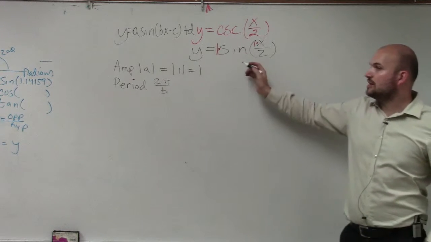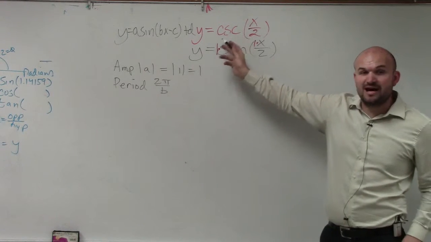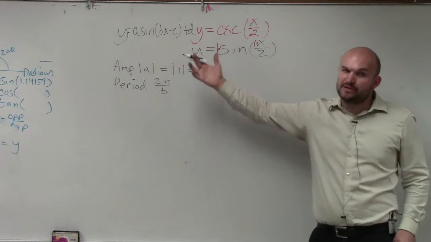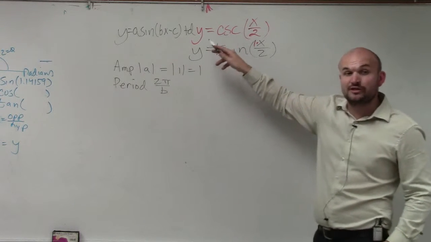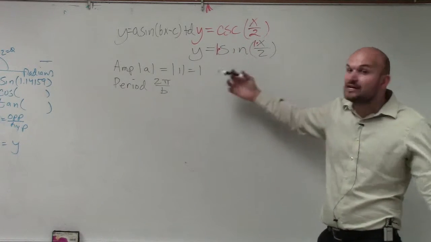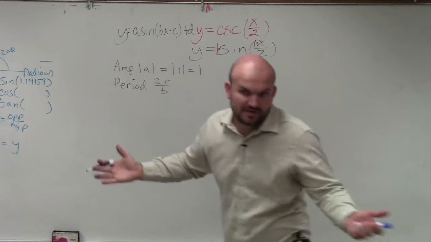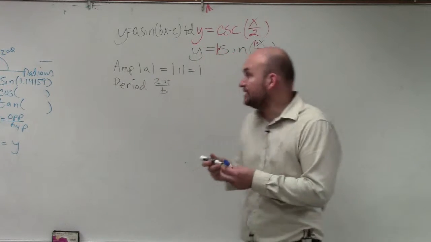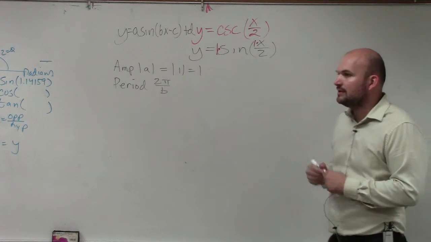If you were going to type this in your calculator, you would do 1 divided by sine of x divided by 2. That's how you type it in your calculator. But we're not graphing using our calculator. We're going to graph using just how we know how to graph. So the next thing to do is